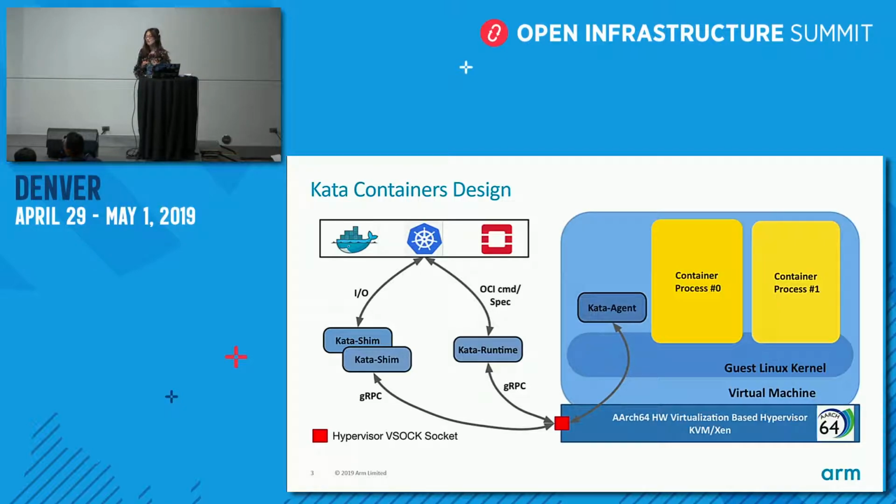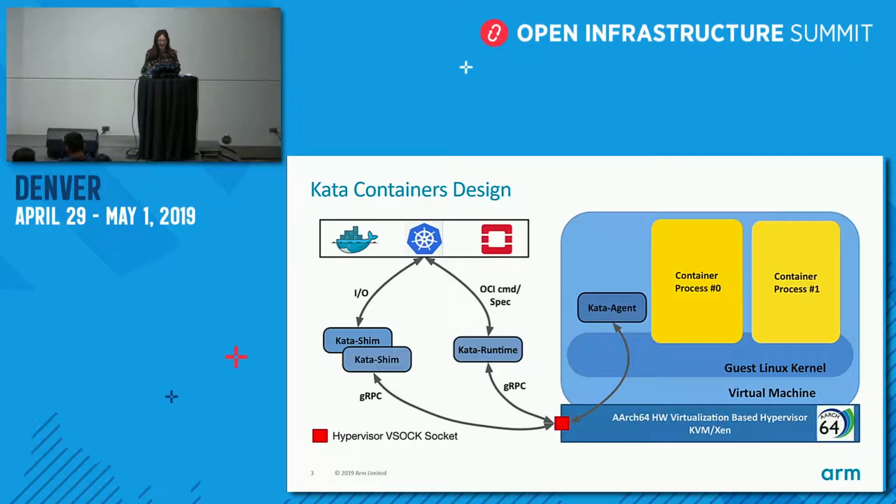You can see from my picture, it has three major components: Kata runtime, Kata agent, and Kata shim. As for Kata users, you probably only care about one component, Kata runtime. Kata runtime is just like runc, it's OCI compatible, so anywhere runc can fit in, you can swap it out and